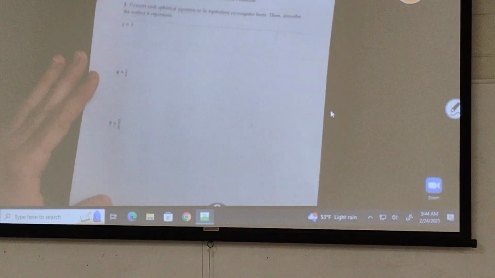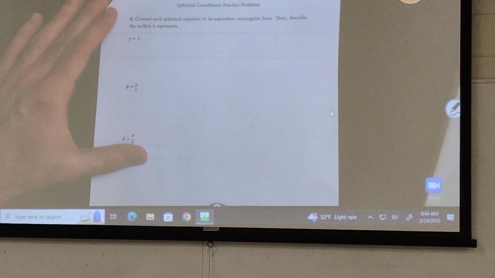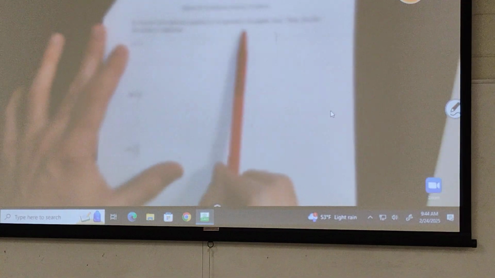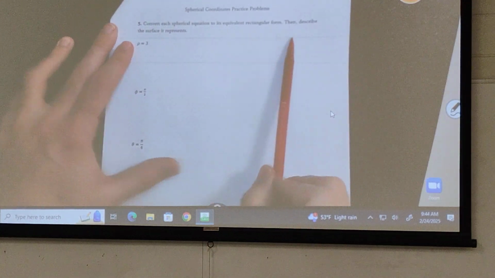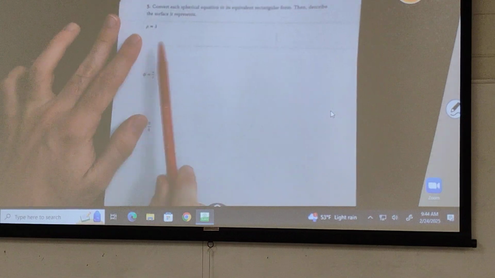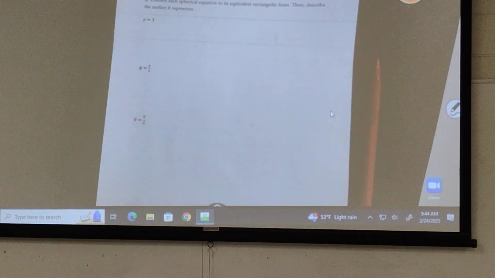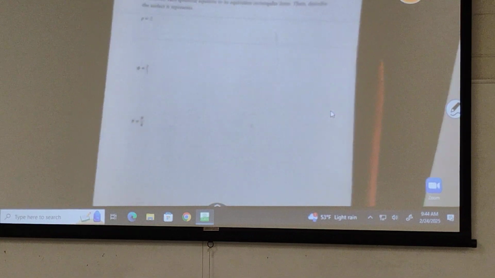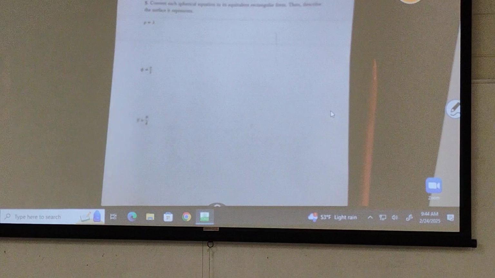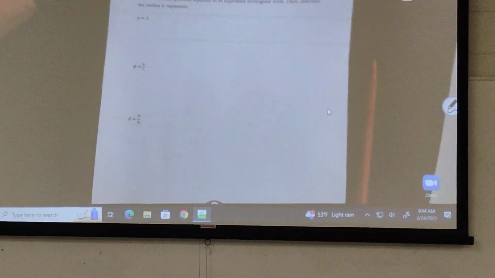These, on the other hand, we need to have just locked in. It says convert each spherical equation to its equivalent rectangular form. If you remember what I put on this side of the board last time, this is equivalent to having x equals 2, y equals 3. In spherical coordinates, if you have just rho equals 3,